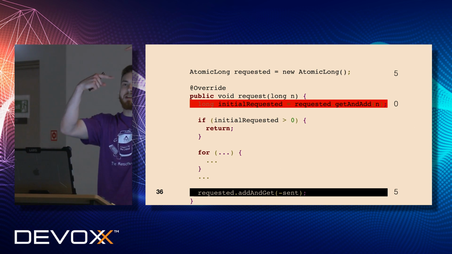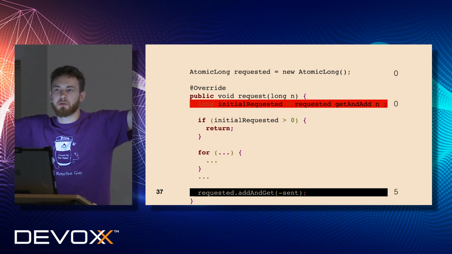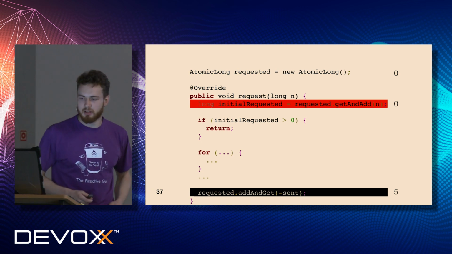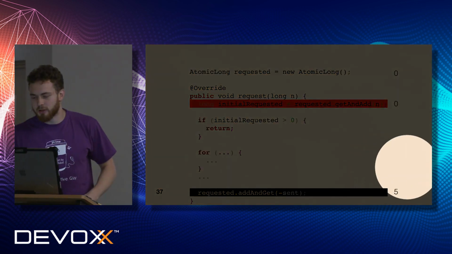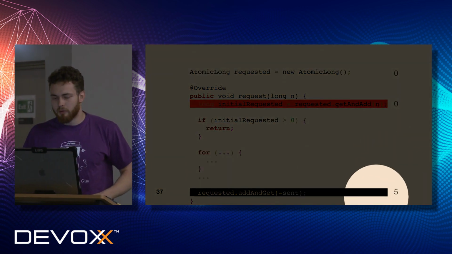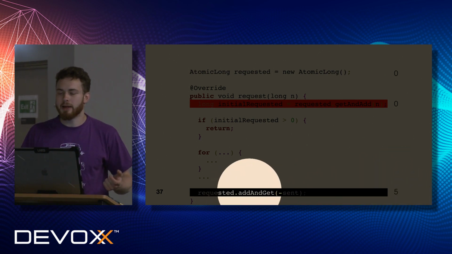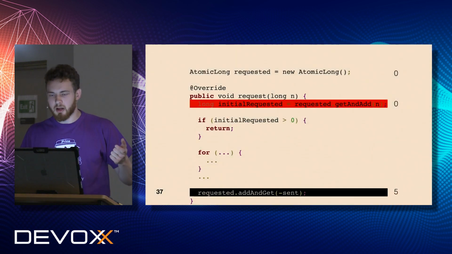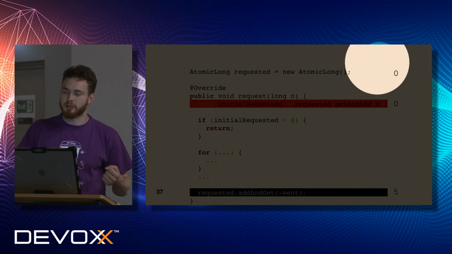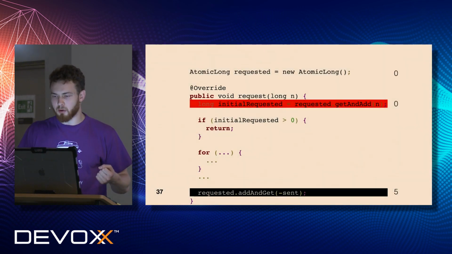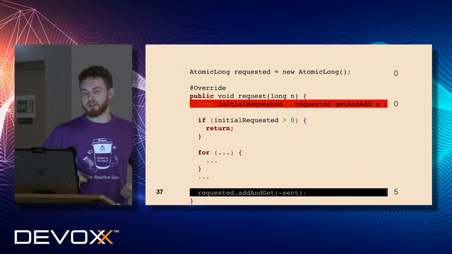So this is a point of racing now. In the good case, the black will be the winner, the faster thread. So he is the winner, he is the fastest. So he just decreased n elements, and it's clear here that the number returned from add and get will be 0, because we decreased 5 elements from add and get, which means that we are the fastest. And it's clear that once we decrease that number of elements, the requested is 0 as well. So it was 5 before. Once the black is the fastest, it will be 0.